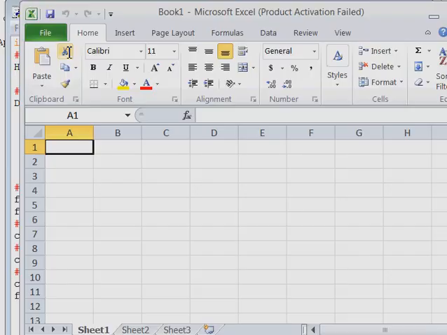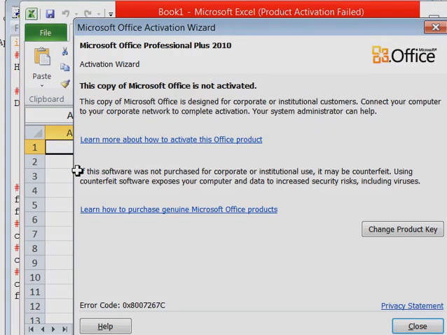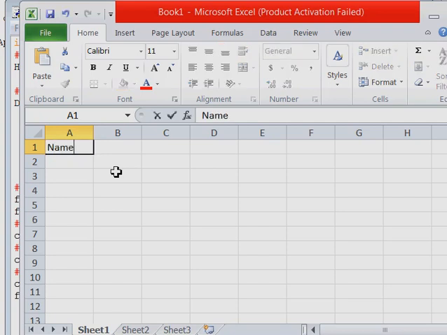As you know, a CSV file can be created in Excel also. So in Excel, if I write here name, class, so here I have typed something into an Excel file.